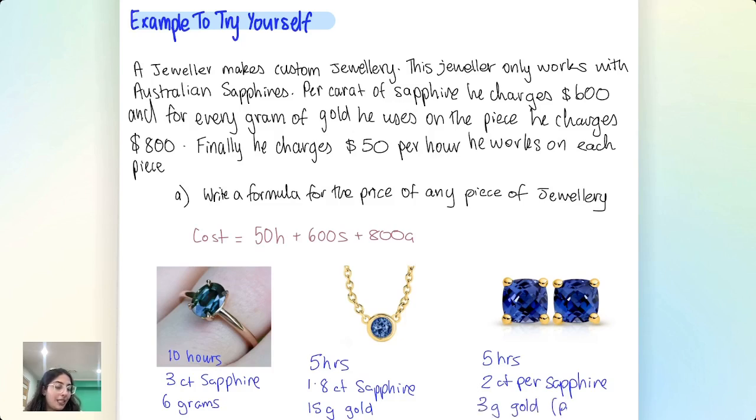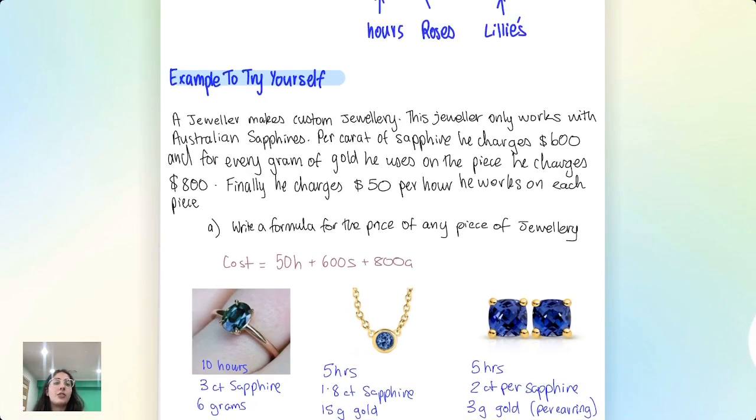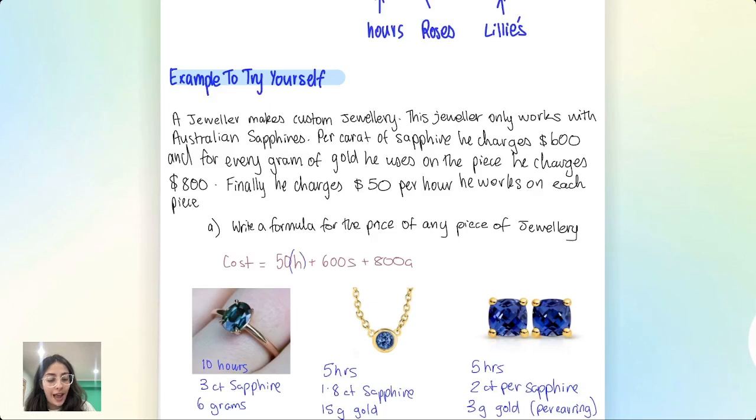So can everybody please work out, using your formulas, the cost of each of these pieces? So everyone work that out now in your calculators, and then we are going to check your answers. I'll just give you a very quick reminder about substituting values. Remember, in your calculator, the best thing to do is to put brackets around every single one of the variables and then swap the values for what they should be. So instead of H for this first example, you would put a 10 in the brackets.